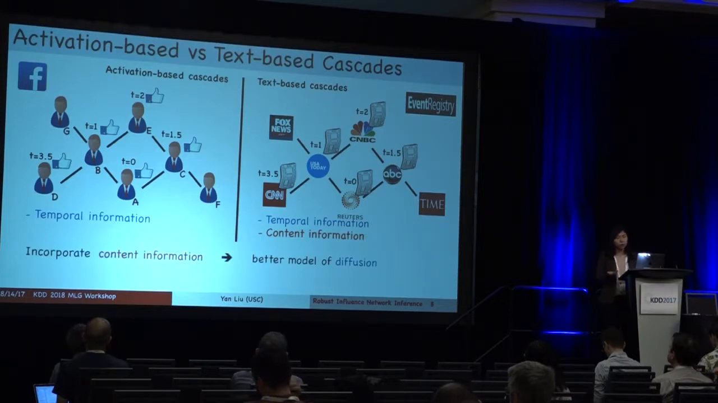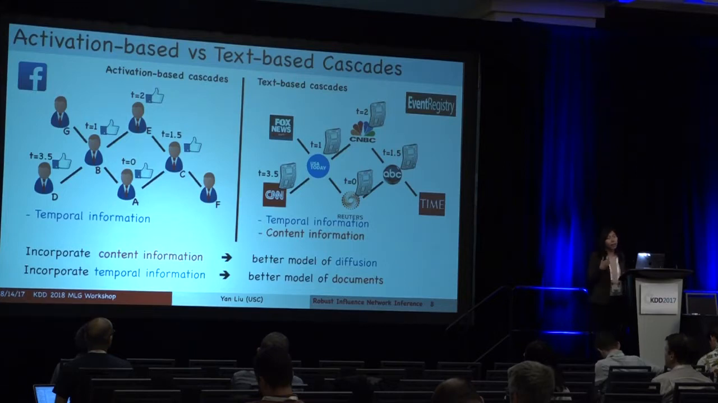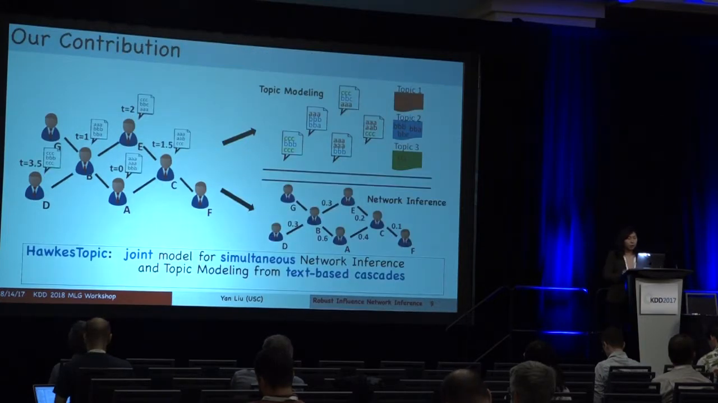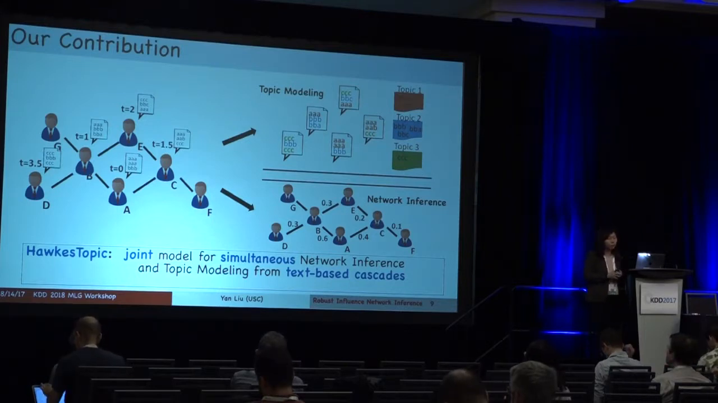So why are we trying to do this? Because we think that incorporating content information will help us develop a better diffusion model. And of course, when we have the diffusion model, it can hopefully also help us better capture the topics of these documents. This is where we come from: we try to incorporate both the content and the cascade and temporal information. So in this particular work, we propose a so-called Hawkes topic model. As I mentioned, this is basically a joint model that simultaneously does network inference and topic modeling from